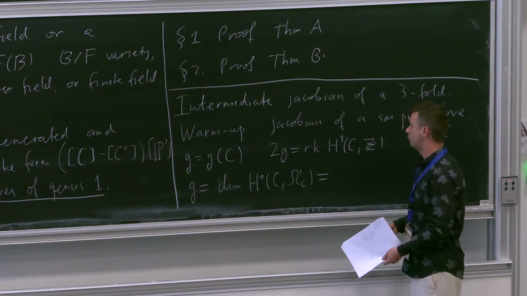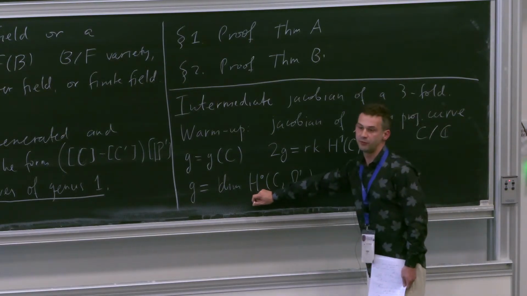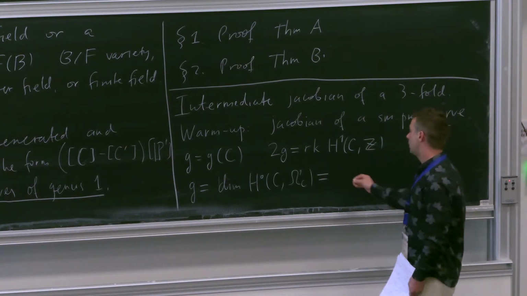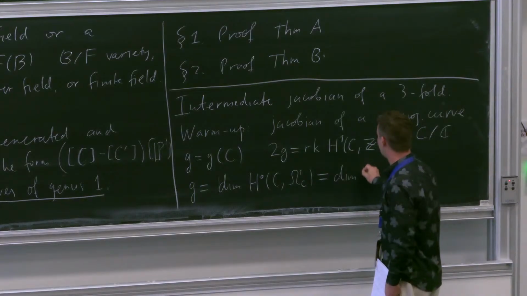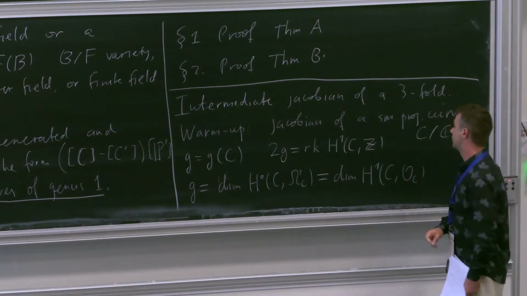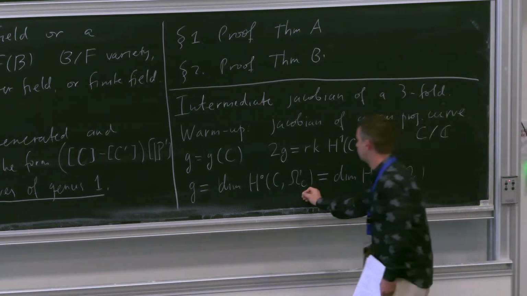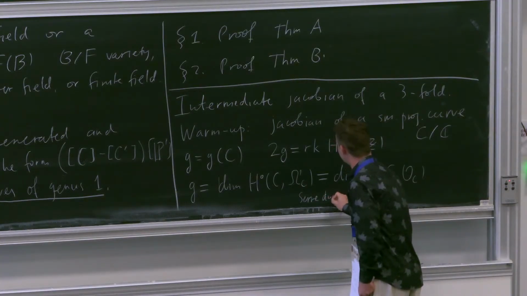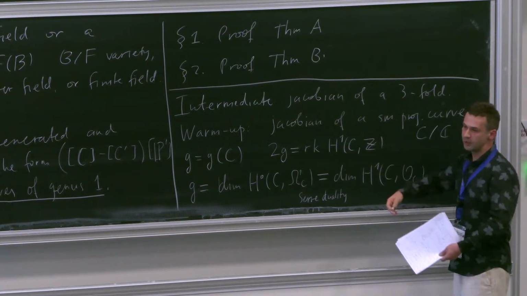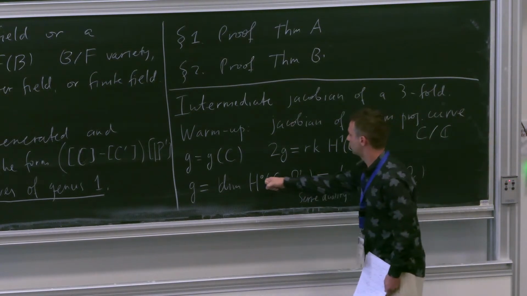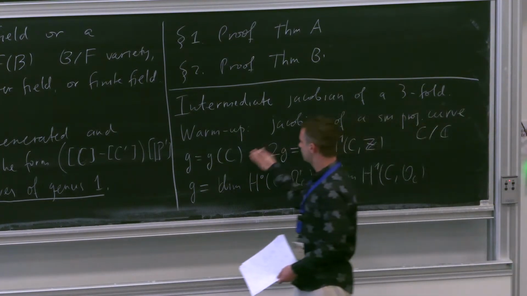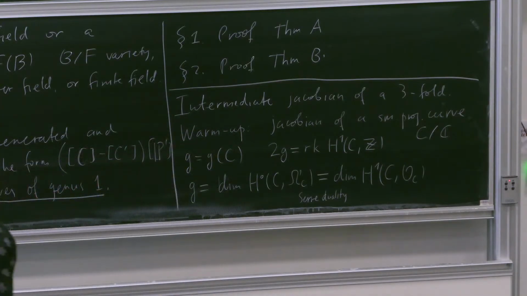So if we don't do topology, we have to do a little bit of sheaf cohomology here and take global sections of algebraic holomorphic forms. And then another way to present this is by Serre duality, we say that it's H1 of C with coefficients in the structure sheaf. This is Serre duality. I'm not really assuming knowledge of this, but it's a convenient formalism to make a certain definition. So I have this cohomology group, H^{0,1} or H^1 of O. And they're the same by Serre duality. So using these two spaces, one can define the Jacobian as a quotient.